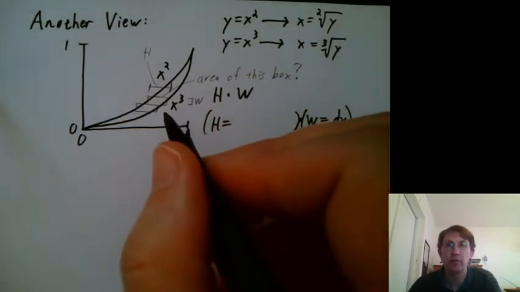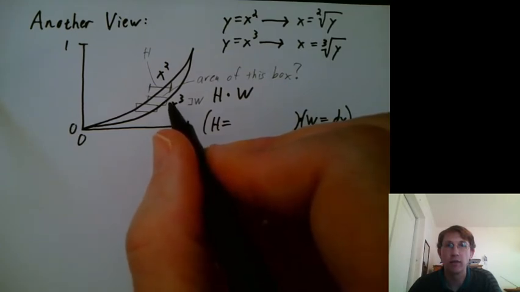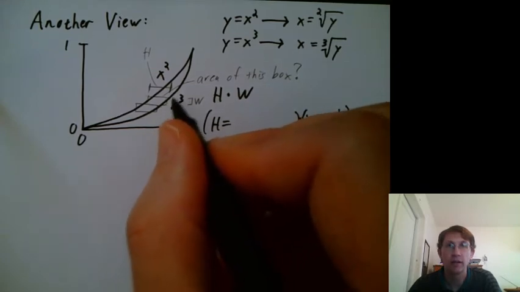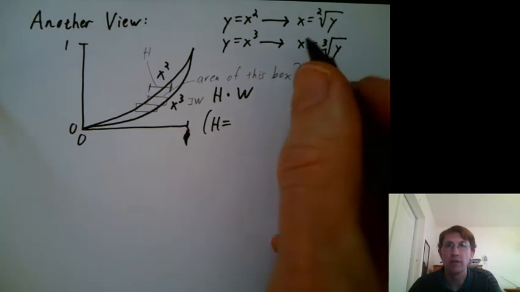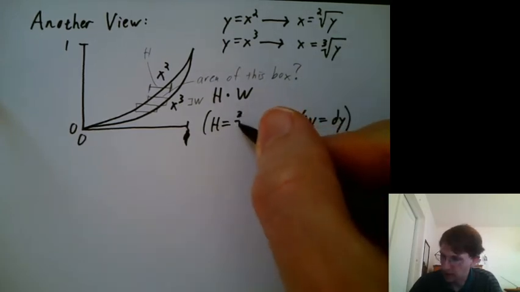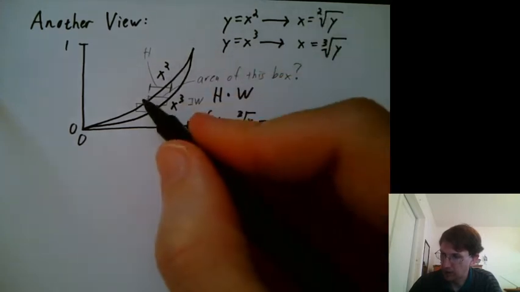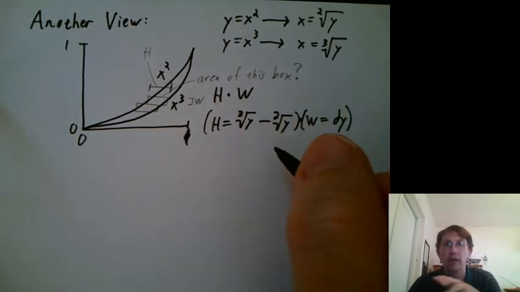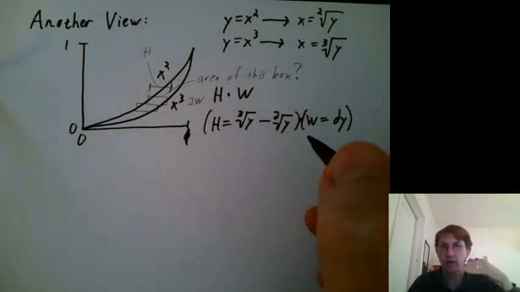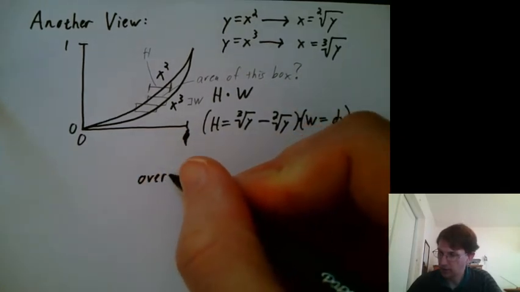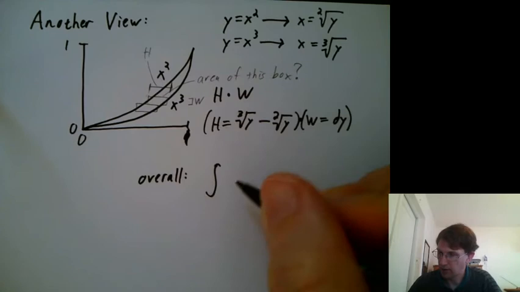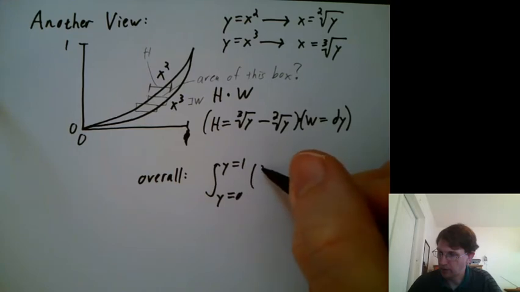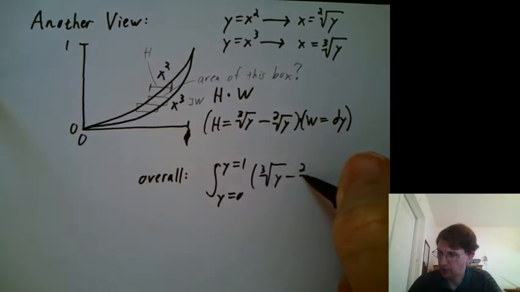So then what's the height of that box? It's the rightmost coordinate minus the leftmost, and the rightmost in this region is the x cubed curve, which ends up with this formula. So that would be the cube root of y minus the leftmost, which is the square root of y. So that's the area of any particular box at any particular y value. Overall, we'd add it all up, and now we're integrating from y equals 0 to y equals 1 of this expression, the cube root of y minus the square root of y